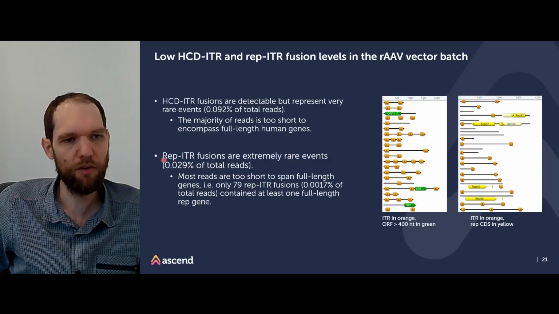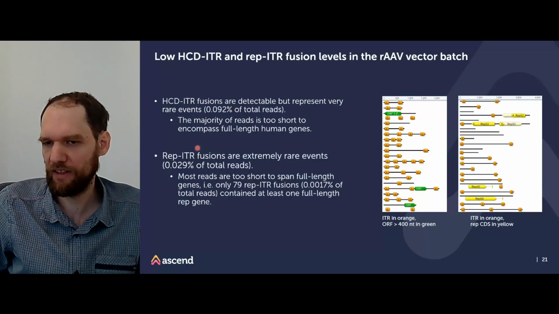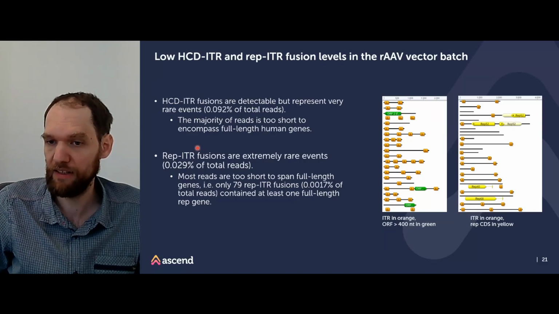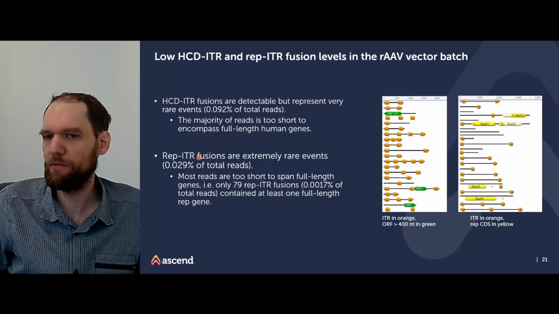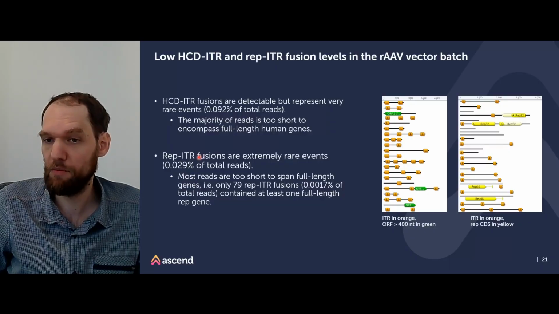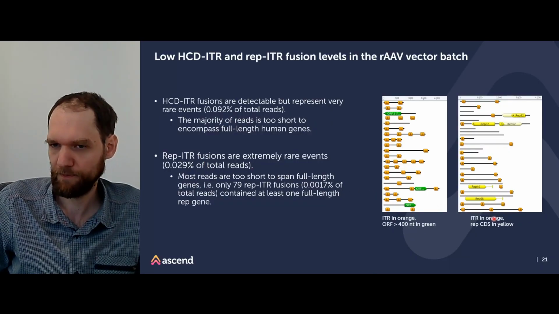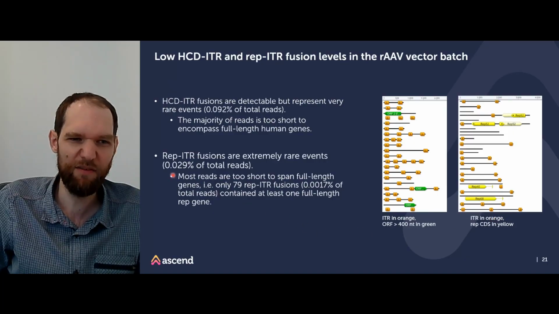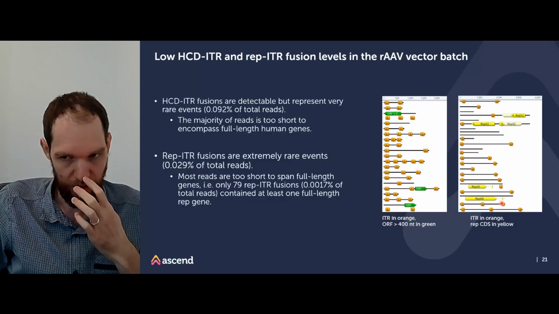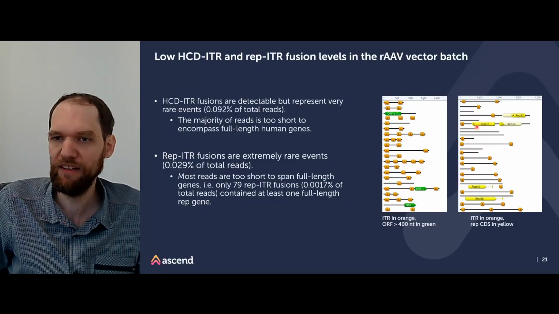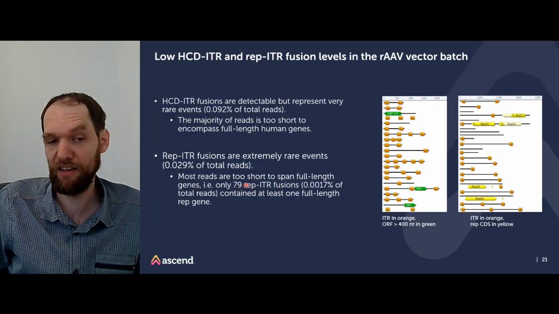And we also checked for rep ITR fusion, so these replication genes that are necessary for the vectors to multiply. They are actually rather genome toxic because they, for example, make DNA breaks. So we don't want to have too many of them in our batch. And if you look here, they are even rarer, less than 0.03%. And if you look now, how many of them have only a single full-length rep gene, it's 79 out of